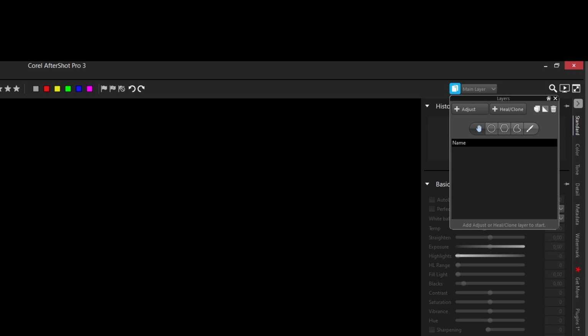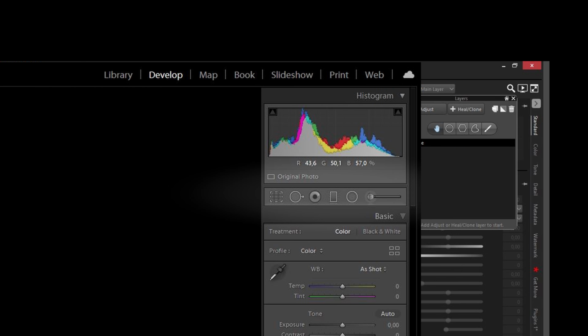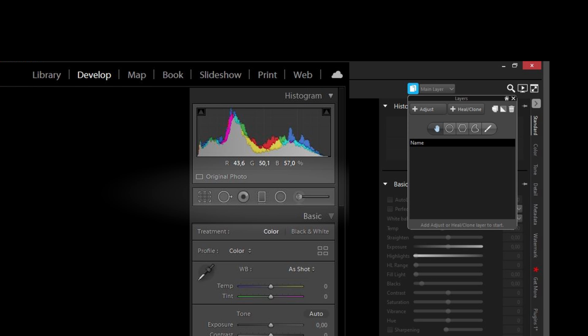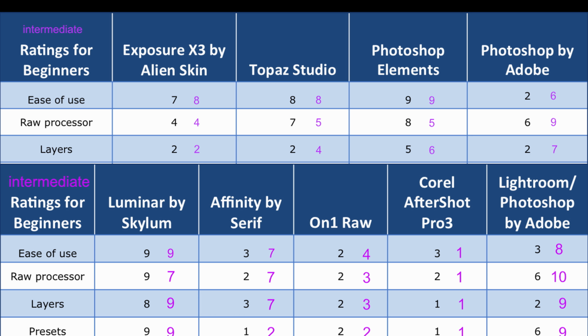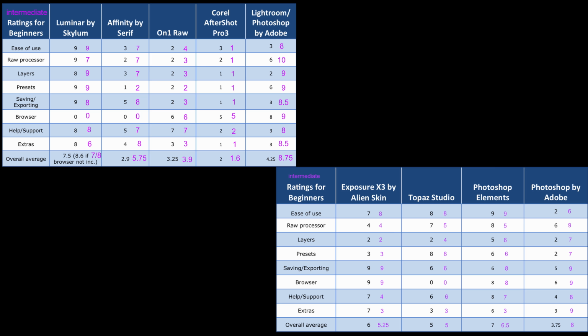It has less layer options than Aftershot Pro. In this context, it's a 1, since it is literally the program with the least and the simplest layers, and seeing Aftershot gets 1, I think that is fair. So before this gets way out of hand and takes way too long, I'll try to do the rest a